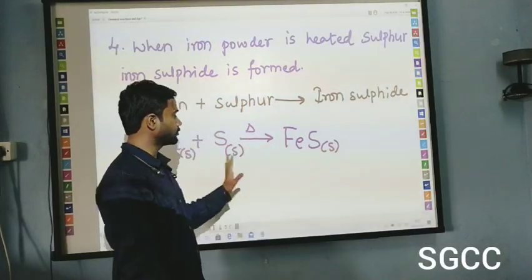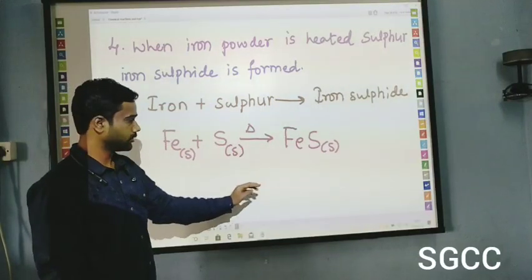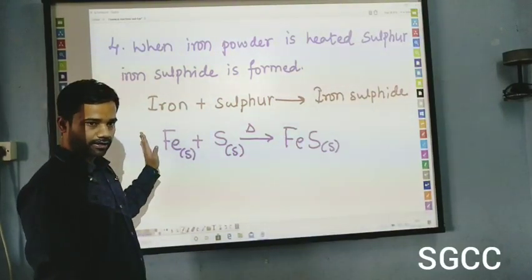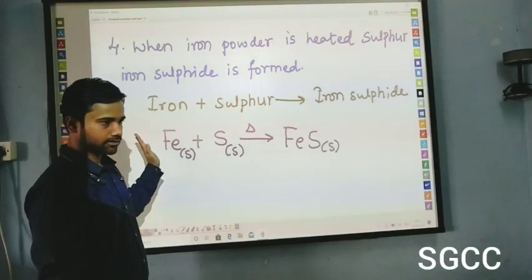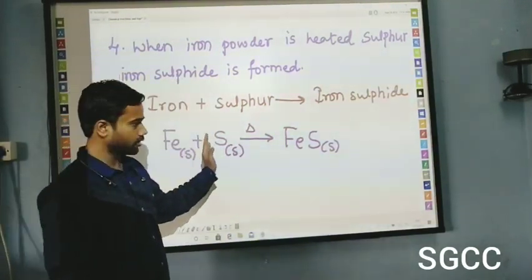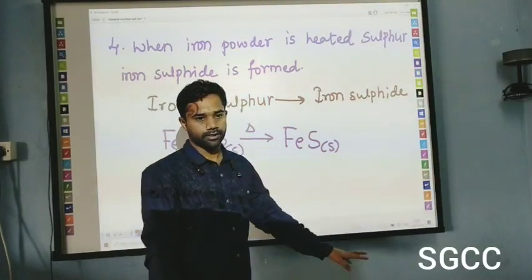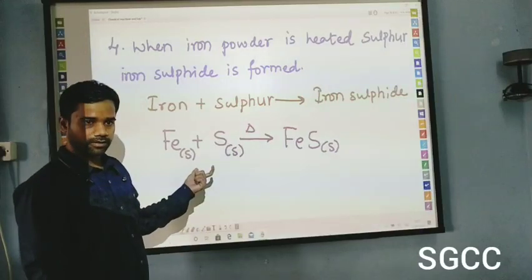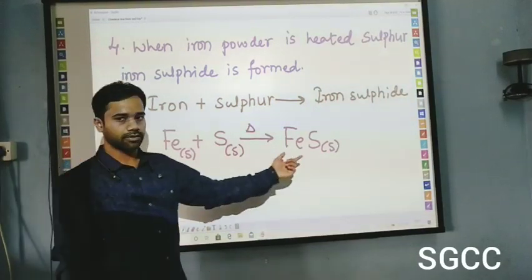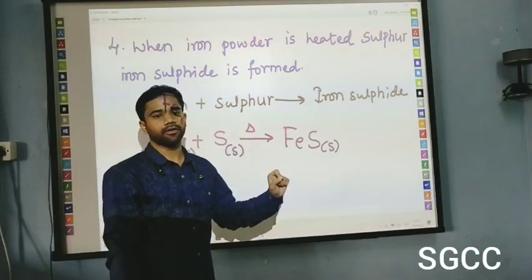Okay, another check whether it is balanced or unbalanced. It is balanced. How many irons are present? Only one iron in the reactant side. Check the product side, only one. What about sulfur? Only one sulfur. Check the product side, only one sulfur is present. Check whether it is a combination type of example. Yes, definitely. How many products are going to form? Only one product is generated in this type of reaction.